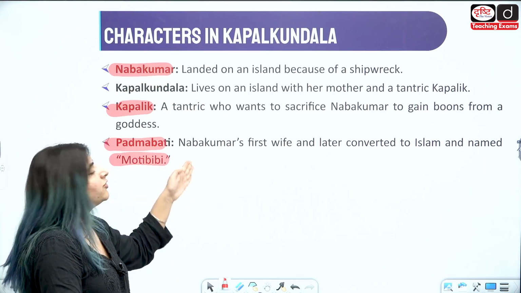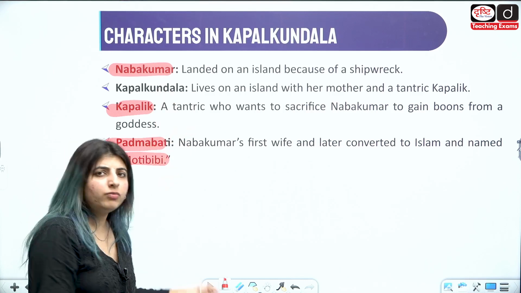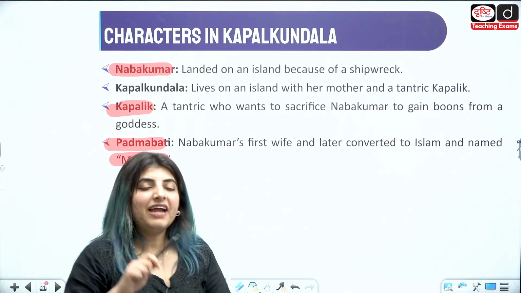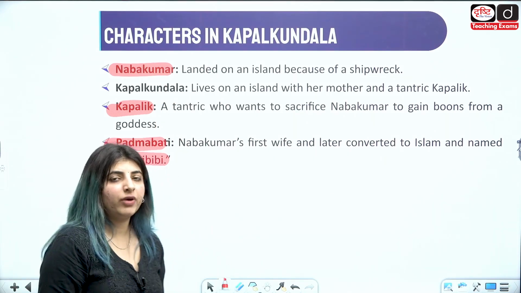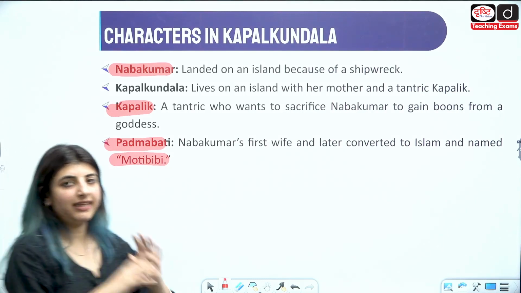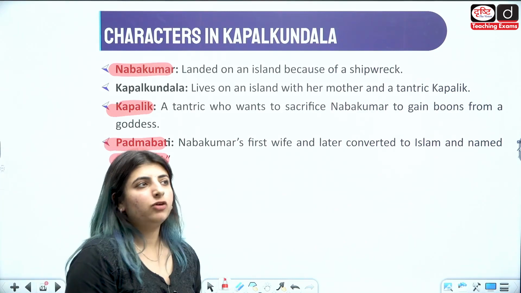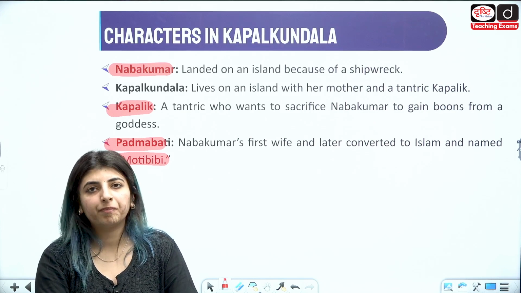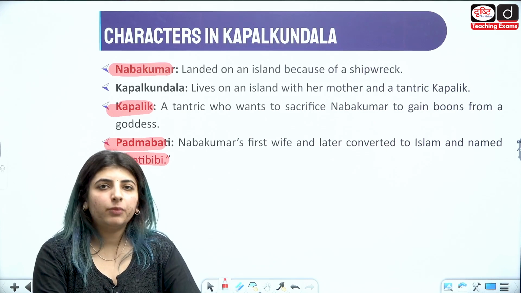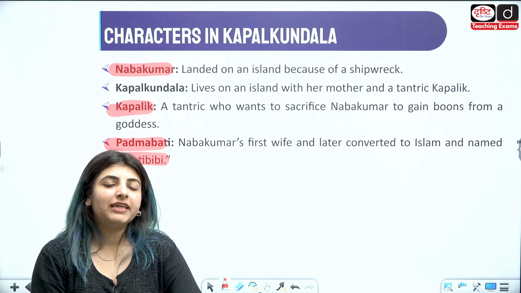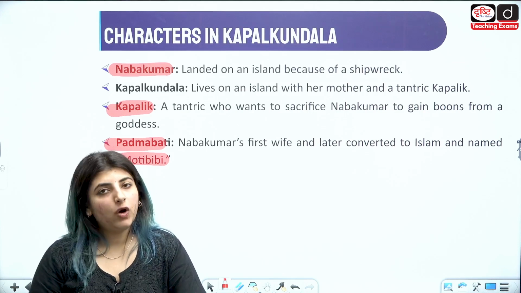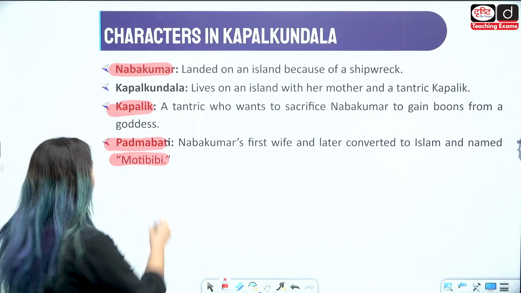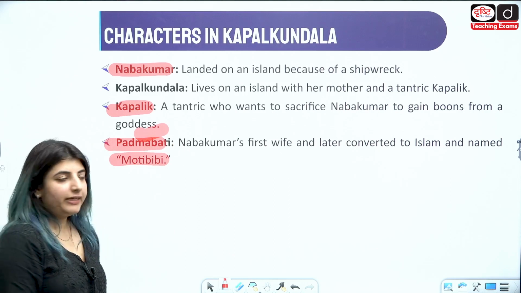Now when she also comes to know that Nav Kumar is falling in love with a woman, right, Kapal Kundala, she is also enraged. So she comes there and with the tantric, ये दोनों जने जो हैं ये मिल जाते हैं, and the tantric says, तांत्रिक नव कुमार को बोलता है कि तुम्हारी बीवी जो कपाल कुंडला है, she is having an affair with a guy. So the tantric takes Nava Kumar with him, and on the other side we see that Kapal Kundala is called by a woman who is disguised in the guise of a man. जो एक आदमी का रूप लेके आई होती हैं, वो पद्मावती होती हैं, right?